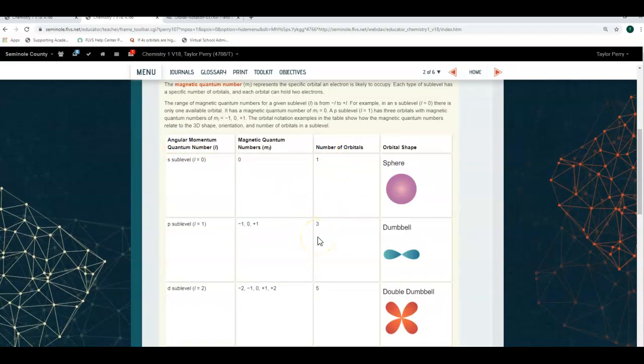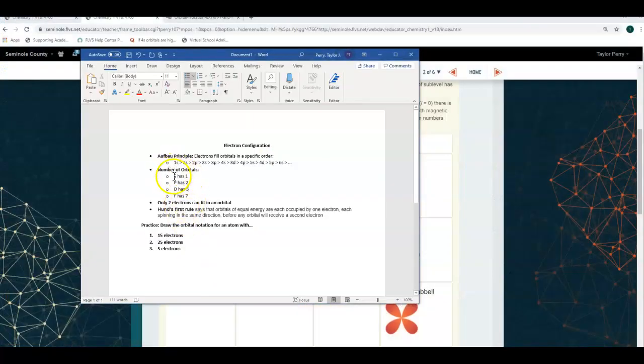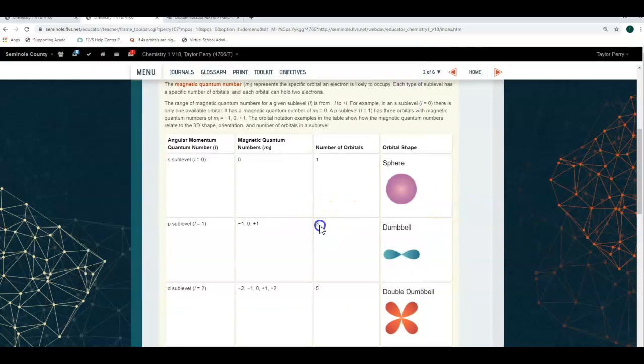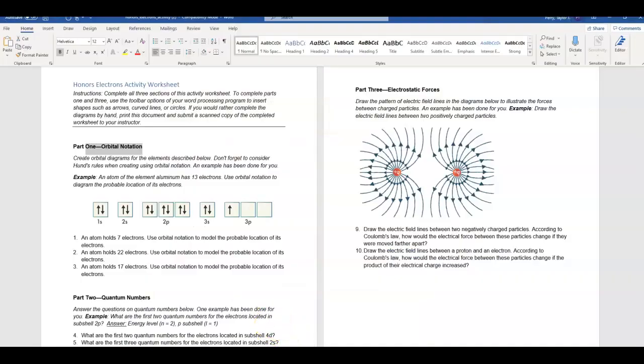I know that sounds confusing, but don't worry about the confusing aspect because, again, you don't have to know exactly why this is the case. You just have to know. You can just write this in your notes, and I have it right here: the S subshell has 1 orbital, the P subshell has 3 orbitals, and the D subshell has 5 orbitals. It says right there, I don't know why I wrote that. So anyway,